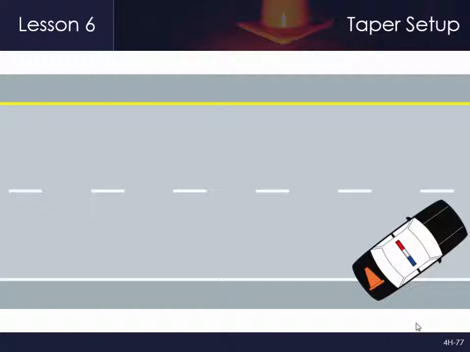Here's an animation that will show us the proper way to deploy a 5 cone to block 1 traffic lane. Walk along the shoulder facing traffic, and a cone is subsequently placed on the edge line of each skip line. When the last cone has been placed on the edge line, the responder begins walking backwards until the next cone